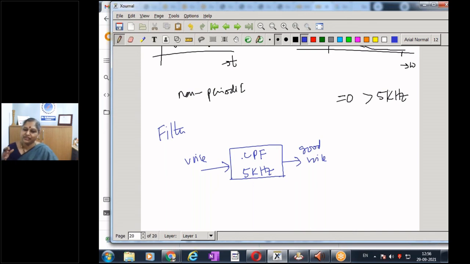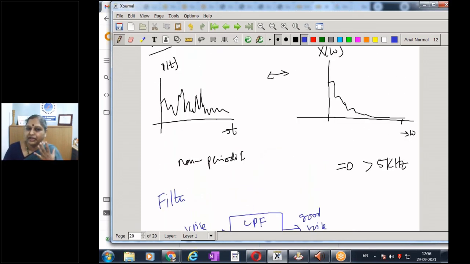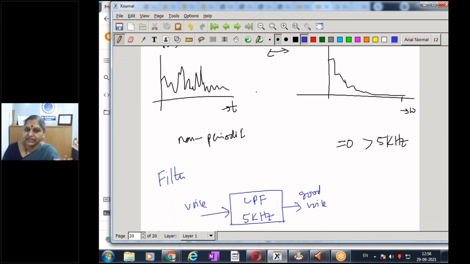Finally, you should know that all this Fourier transform is not just mathematics. The beauty of the whole voice is that nobody knows what I'm going to speak next. You do not know my next sentence. But what you know is, no matter what I speak, anybody speaking will speak less than 5 kilohertz only. So we do not know the signal in time domain, but we know the signal in frequency domain. If I design a system which can pass signals up to 5 kilohertz, it is going to perform very well.